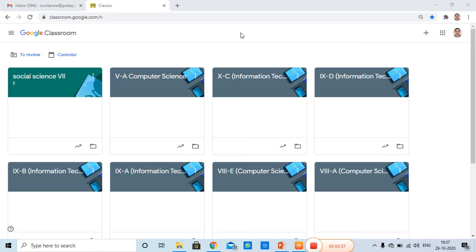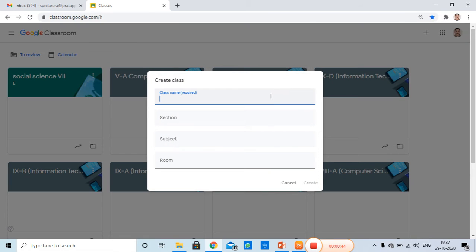Now log in with a Gmail account, click on the plus sign and click on create class.